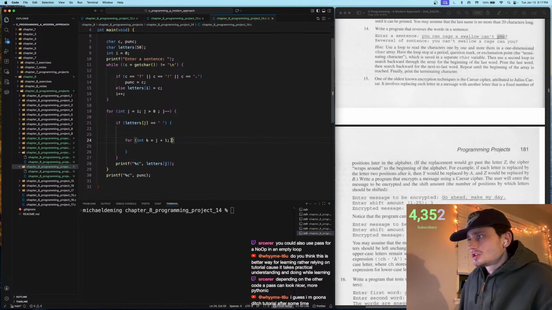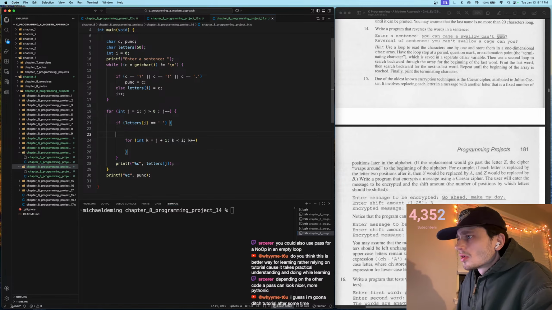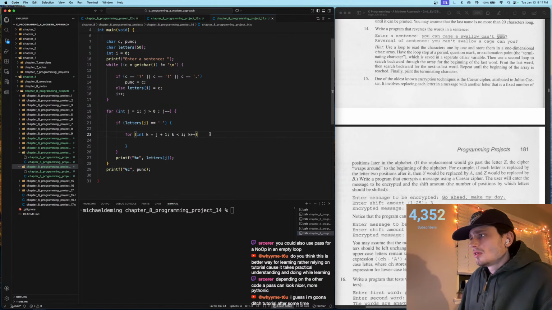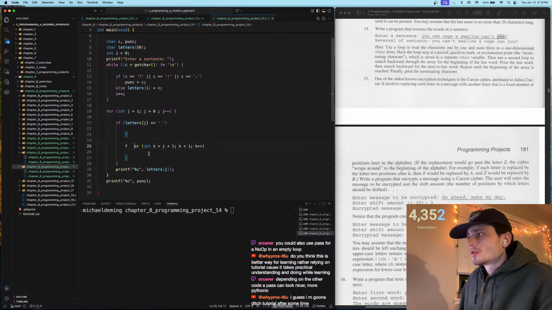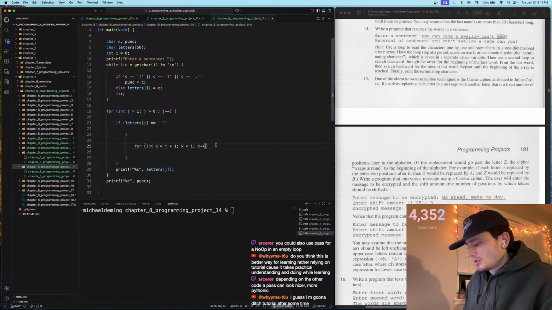Okay, for int k equals j plus 1, while k is less than I, which is the full length of the array, we're going to go k plus plus, and then what we're going to say here is we're going to say